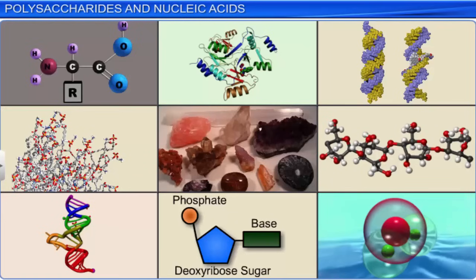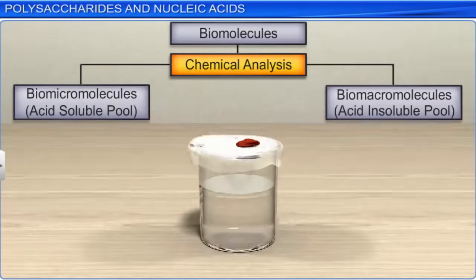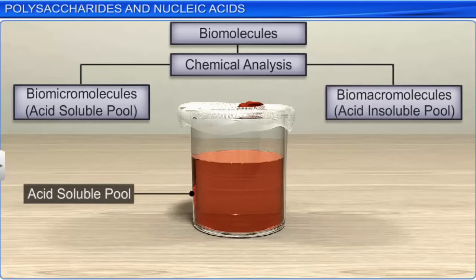All living organisms produce organic molecules called biomolecules. Biomolecules can be broadly divided into two types: biomicromolecules and biomacromolecules. On performing a chemical analysis, we find that biomicromolecules are chemical compounds found in the acid-soluble pool with molecular weights ranging from 18 to 800 daltons. Some examples of biomicromolecules are water,